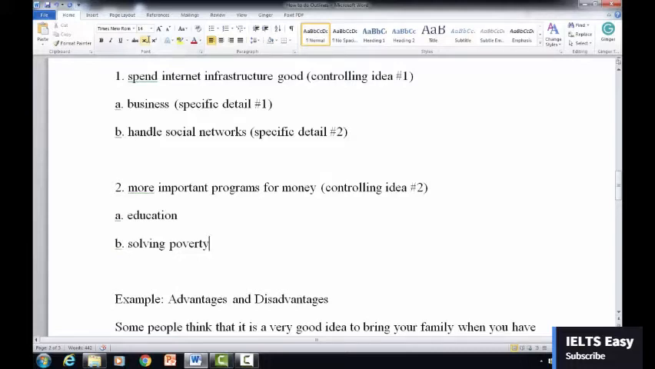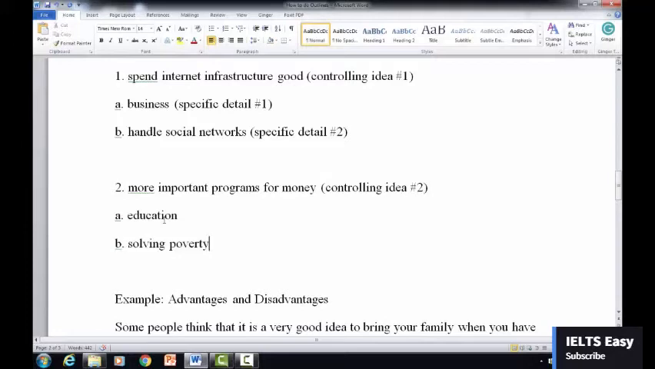Okay, so that's an outline. This is what we're going to specifically talk about and discuss in body paragraph number one. This is what we're going to specifically talk about and discuss in body paragraph number two. All right, and so doing an outline is very, very helpful to help you answer the question and finish on